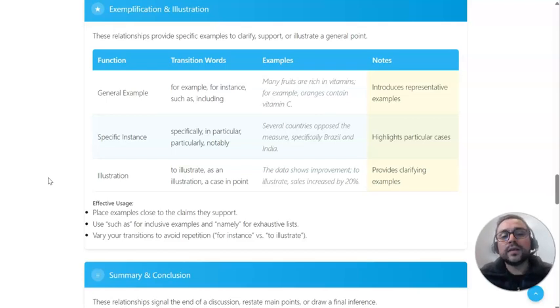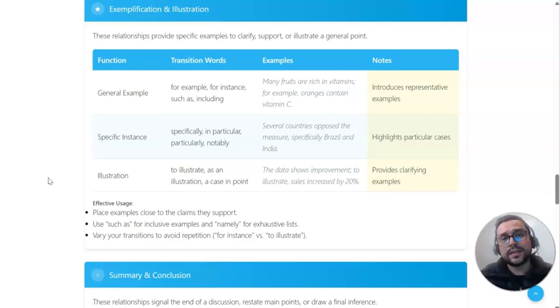And finally, we have illustration with words like to illustrate, as an illustration, a case in point. For instance, the data shows improvement. To illustrate, sales increased by 20%. This provides clarifying examples. And for effective usage, keep in mind that you need to place examples close to the